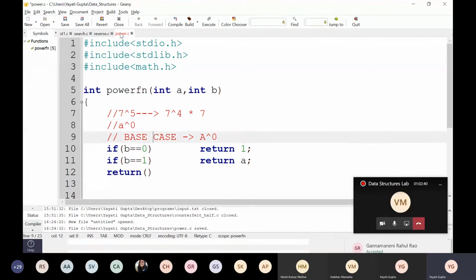as we have seen it before. So a to the power 5 is nothing but a to the power 4 into 7. So what should I return? This one is a here, this one is a to the power of b minus 1. So what should I write here? Are you lost? Is something unclear?